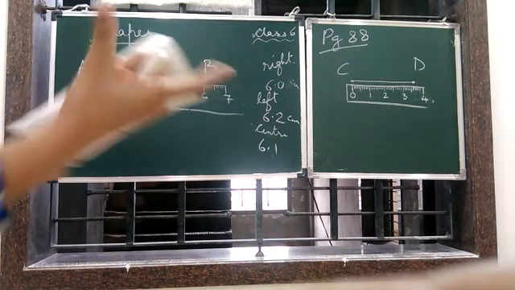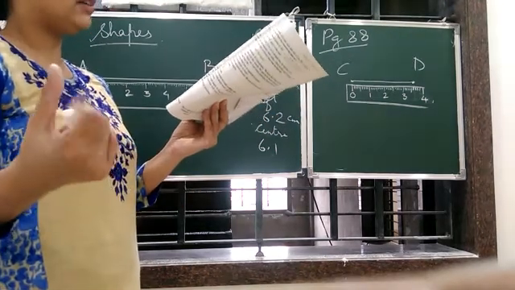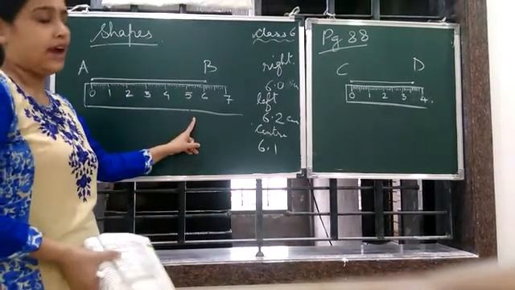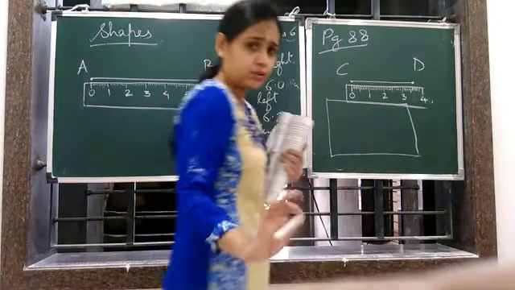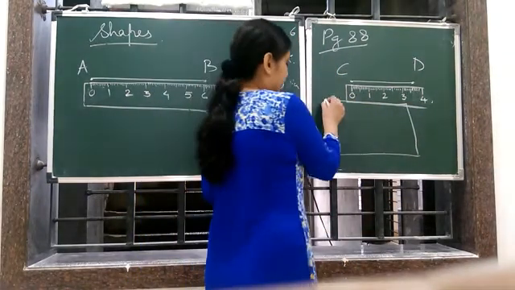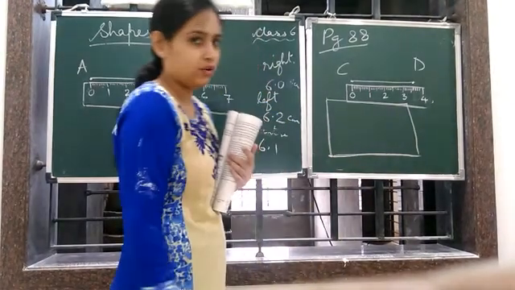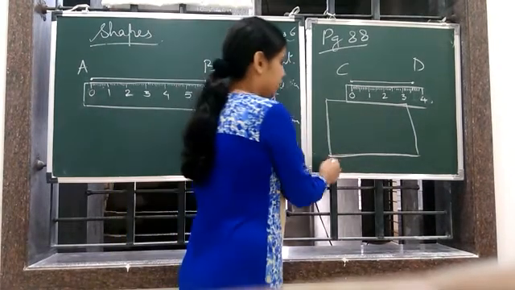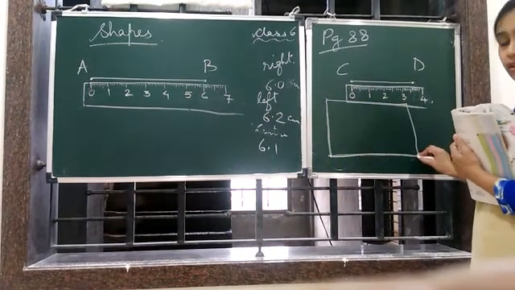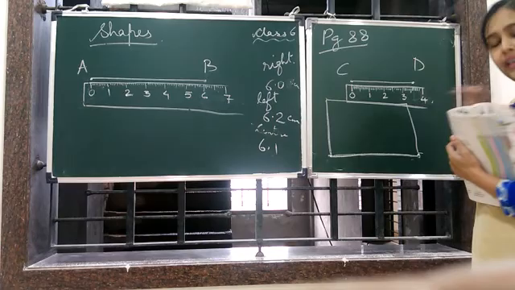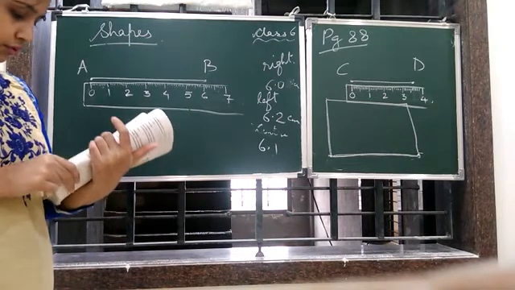Take any postcard, or any card if you are not getting the postcard, and use the above technique to measure its two adjacent sides. Please use this technique. And two adjacent sides we have already discussed. है ना? Suppose this is the postcard, or any card. अगर postcard नहीं मिल रहा है तो any card. This side and this side, which share a common vertex, are known as what? Adjacent sides. So you will measure this side or this side, because they are sharing this vertex. Any one pair of adjacent sides, that means two adjacent sides.